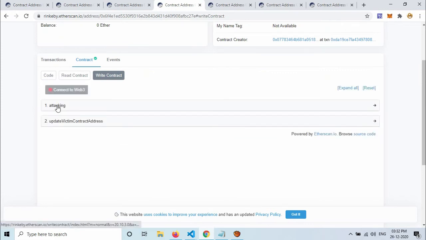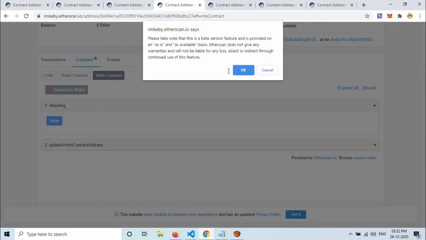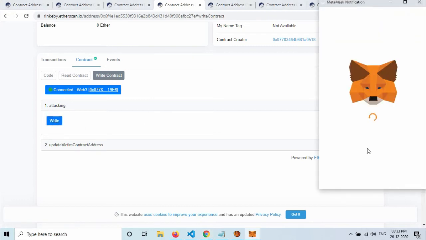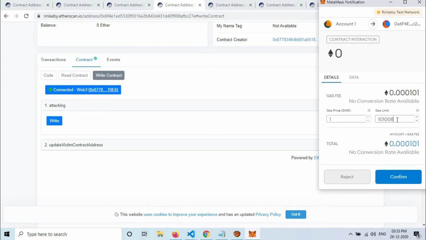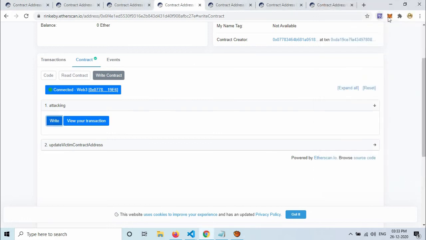Is the function attacking? I am going to call it. Let me connect this from MetaMask. Write it. Increasing the gas a little so that the transaction will not fail. Now clicking on confirm.